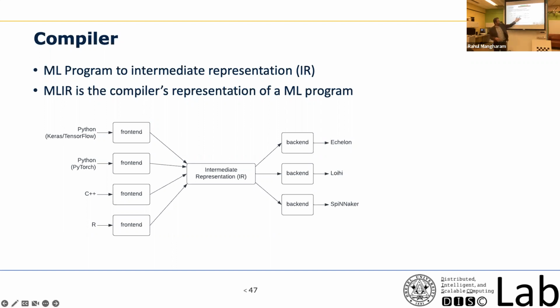So this one representation here allows us to interface with many different front ends, just like your operating system, right? On your operating system you can write code in C, you can write code in C++ or in Python. Same thing we are doing over here. You can write it in any language you want, and then depending on where you are targeting it, it will generate the custom code for that specific hardware. Just like whether you have Intel hardware or AMD hardware, it will automatically generate those kinds of architectures.